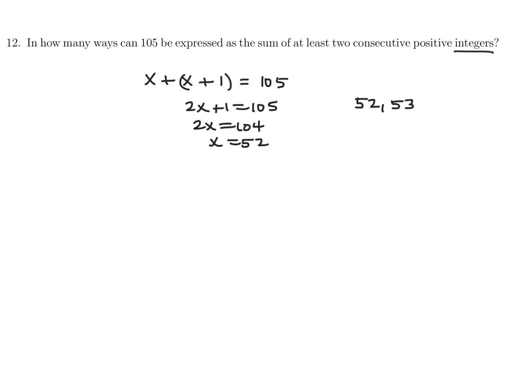And so on. And this is a very time-consuming question, and I'm sure you could come up with a faster way by looking at this number 105 and what it can be divided by. That's probably a better route. What can 105 be divided by? Because our goal is to get integers. And when you do, you'll figure out that it only works when you have 2 consecutive integers, or 3, or